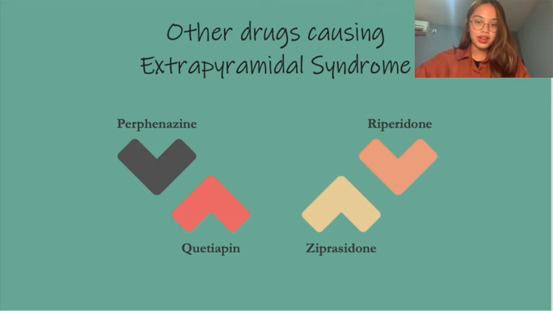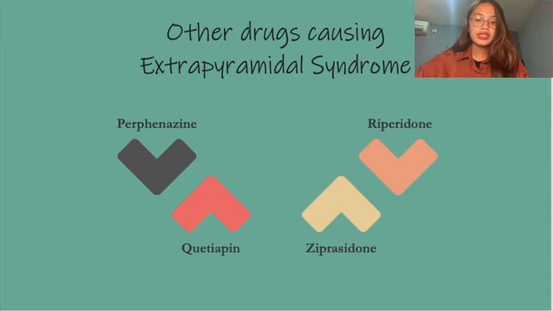I will explain other drugs that can cause extrapyramidal syndrome. Now, there are perphenazine, risperidone, quetiapine, and ziprasidone. Perphenazine is an antipsychotic drug. When used at levels greater than 1.2 mg per ml, it can increase the risk of having extrapyramidal syndrome as a side effect. Risperidone is a second-generation antipsychotic drug, but when it dissociates from its receptor and has loose binding to the D2 receptor, it will increase the risk of having extrapyramidal syndrome.